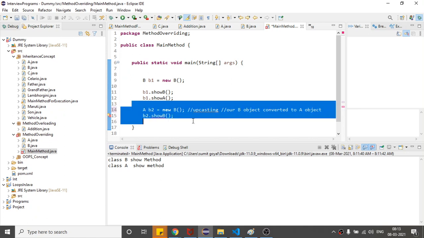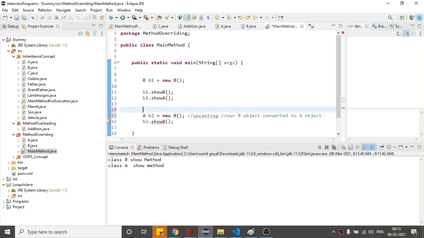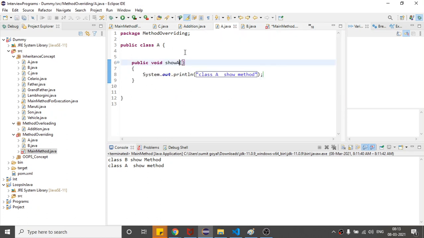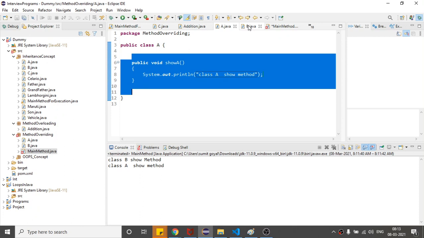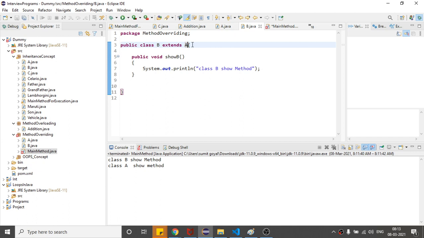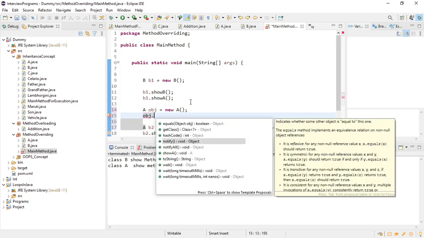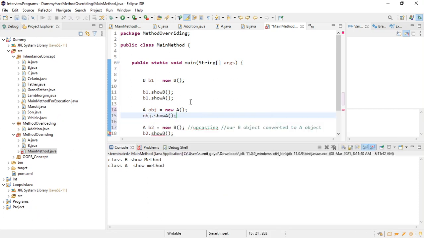So instead of this one, if I create the object of class A, if I simply create the object of this class, as I am creating the object of class A only, then I am only going to call this method. The B method is not going to come here, because I am using the extends keyword here, not in class A. So if I say obj dot show A, the B method is not going to be applicable here.